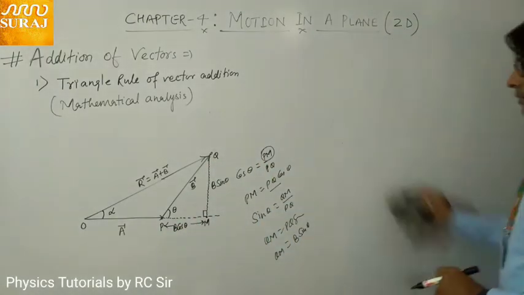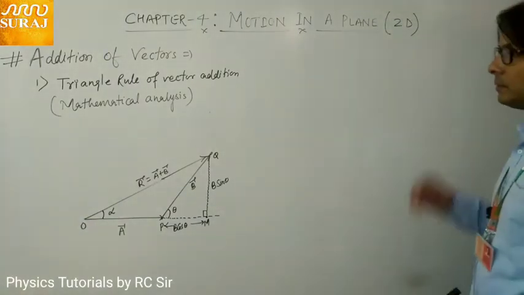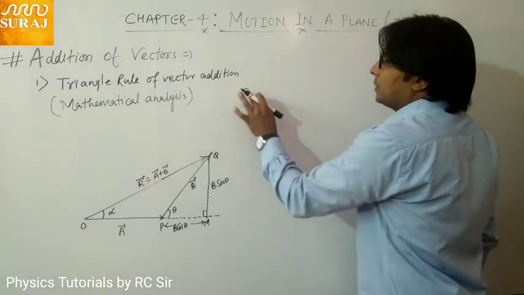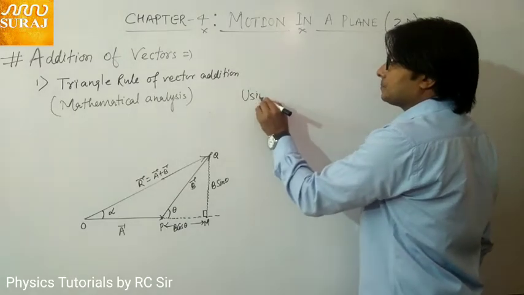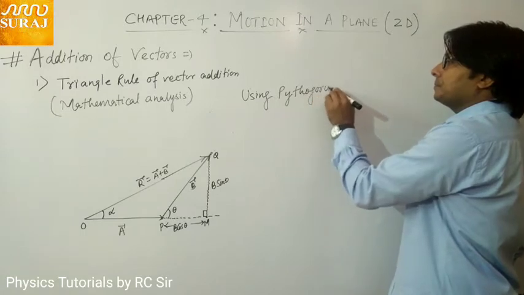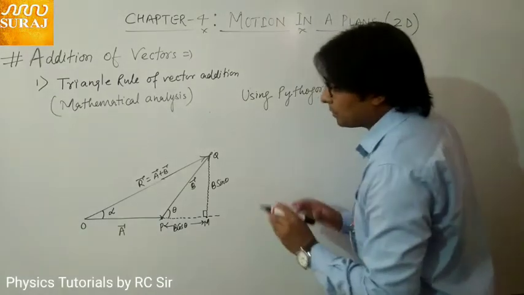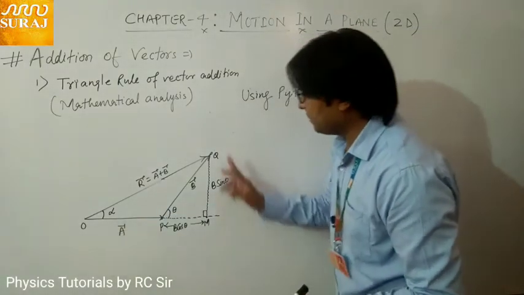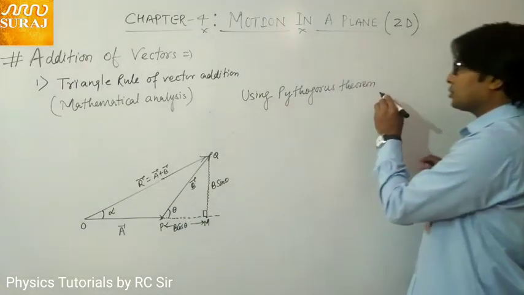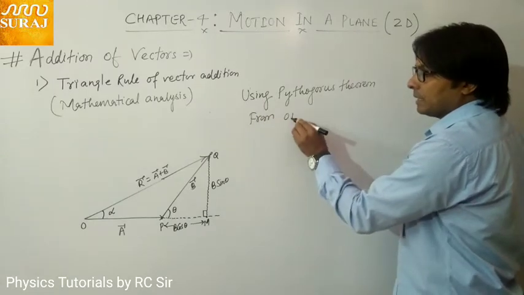Now, using the Pythagoras theorem, you must have heard about Pythagoras theorem. What is Pythagoras theorem? Using Pythagoras theorem, what can be written from this triangle OMQ? It is a right angle triangle, so Pythagoras theorem can be applied. So using Pythagoras theorem, from triangle OMQ,